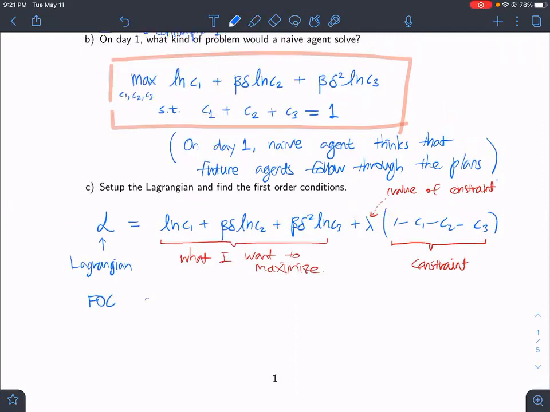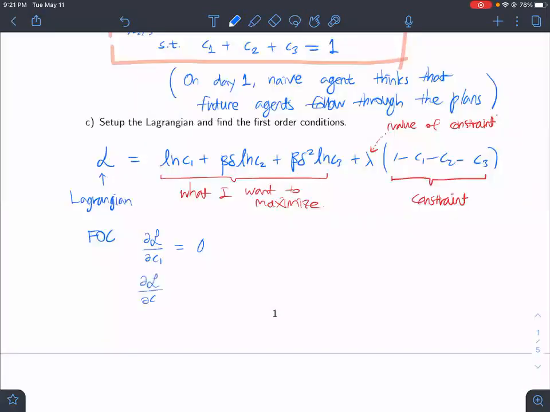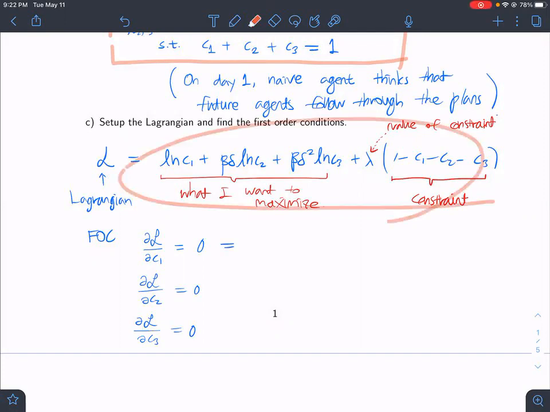First, differentiate with respect to C1 and set that to 0. Differentiate with respect to C2, set that to 0. Differentiate with respect to C3, set that to 0. If I differentiate the equation that I circled with respect to C1, then I will have 1 over C1